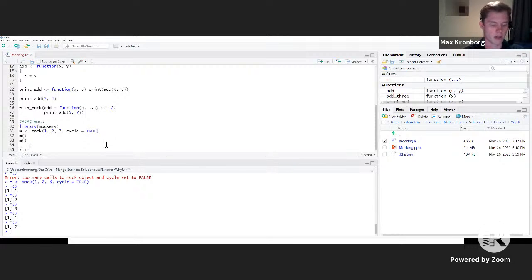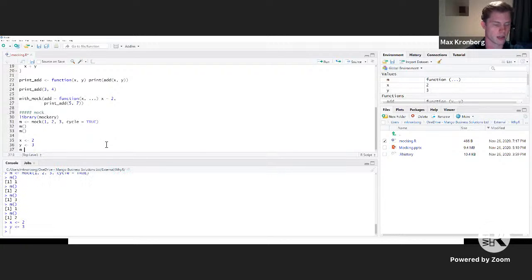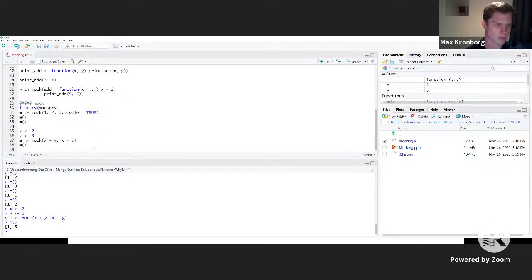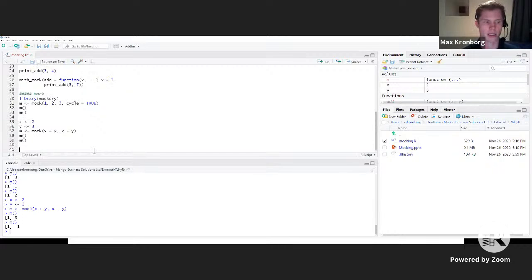It also works with variables. So if we have an x and a y value, and we define another mock here, which is going to be, again, multiple elements, but let's say the first is x plus y, and then the second term will be x minus y. Okay, if you run this, it's going to evaluate x plus y first. And if you run it again, it's going to evaluate x minus y second. And you can cycle that as well. So that's the basic level of mock.